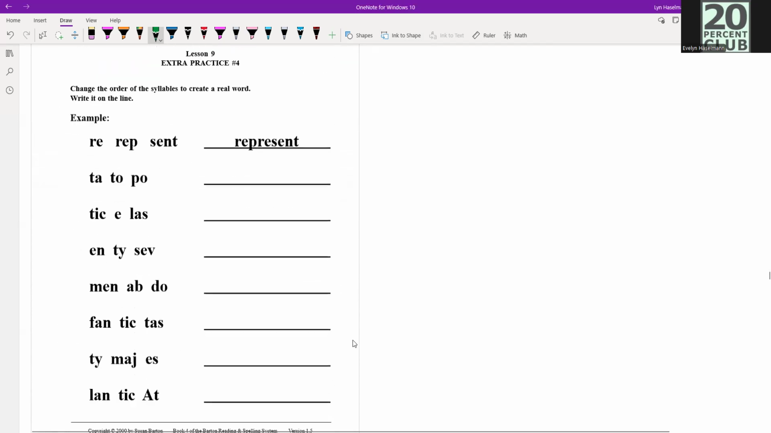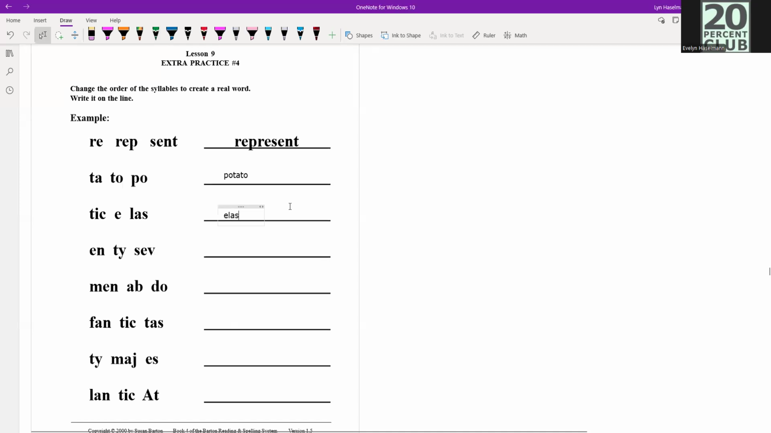Okay, extra practice number 4. Change the order of the syllables to create a real word. Okay, so I'll just go through and do how it should be. This is going to be potato,